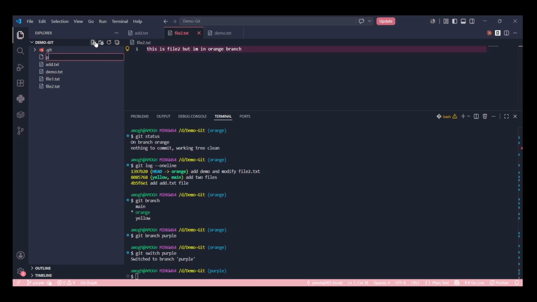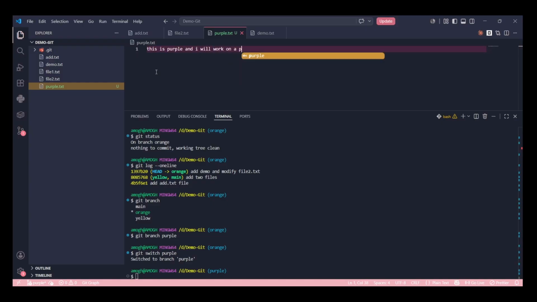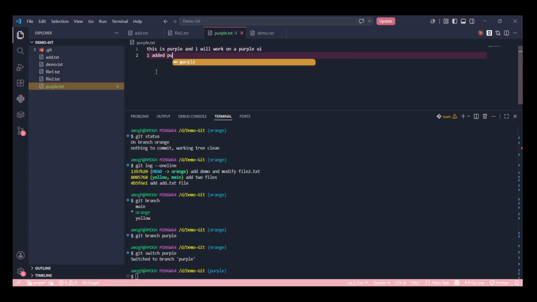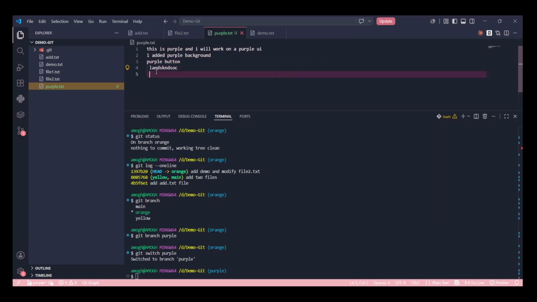He can create purple.txt and write in it that this is purple and he will work on a purple UI. He added a purple background, a purple button, everything like that.